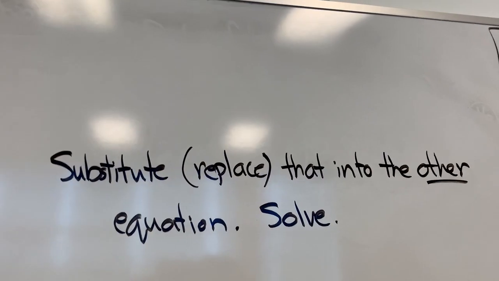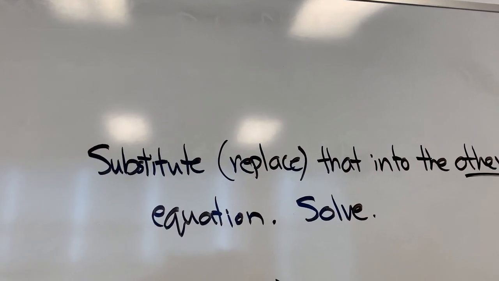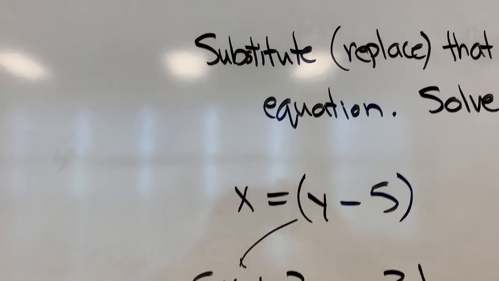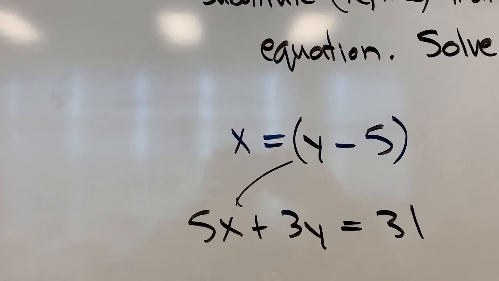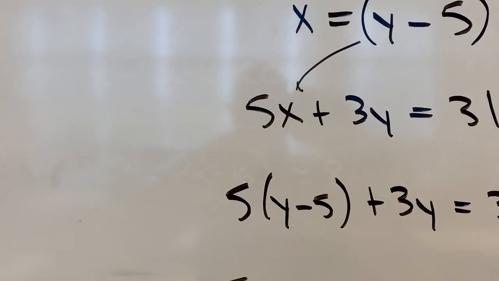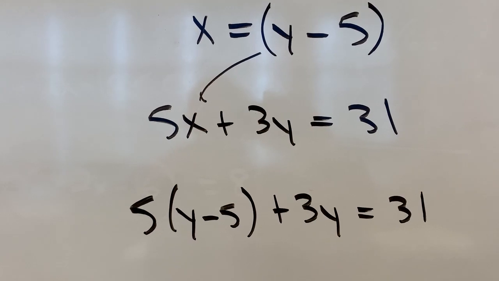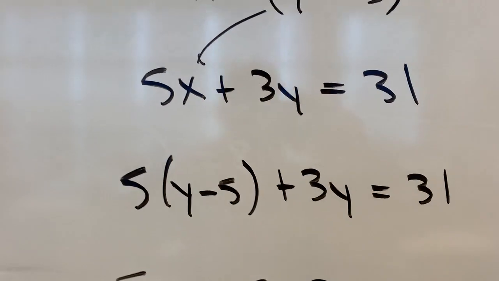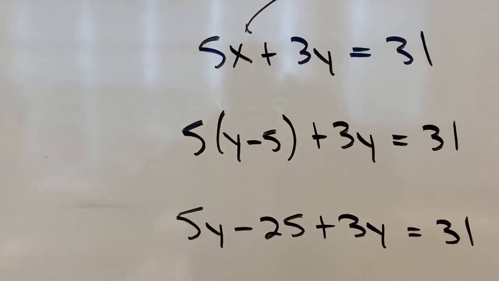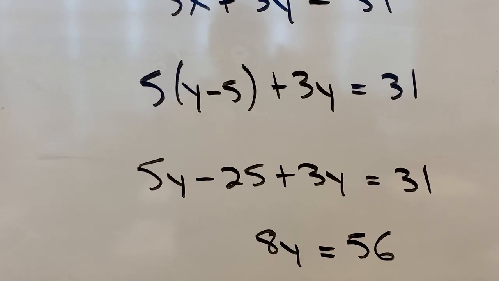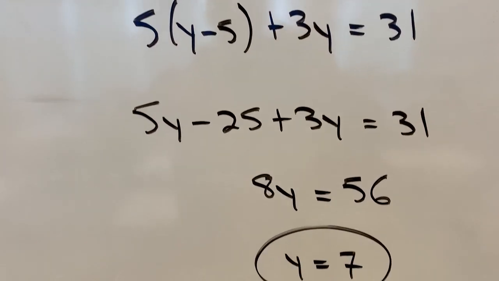Now, the next step in this is to take that and replace it into the other equation and then solve it. So what I mean by that is I'm going to take that x equals y minus 5 and I'm going to stick it in to replace the x in the other equation. So now I have 5 times that plus 3y equals 31. And now notice this is something that can be solved. This is an equation that has only one variable, one unknown, so I can get rid of the brackets, I can move the numbers to the other side, and then I can divide by 8,